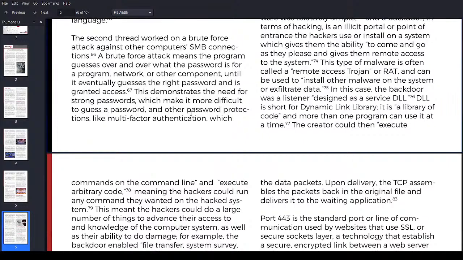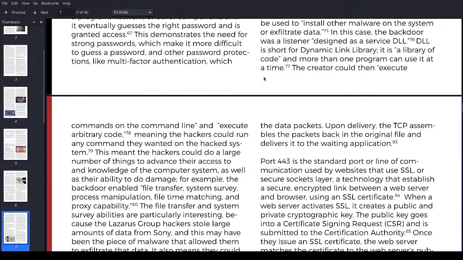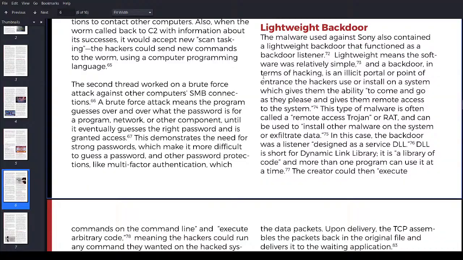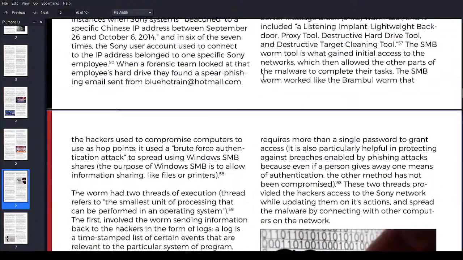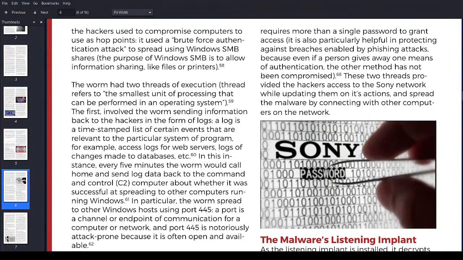The second thread worked on a brute force attack against other computers' SMB connections. A brute force attack means the program guesses over and over what the password is. This demonstrates the need for strong passwords, which are more difficult to guess, and multi-factor authentication, which requires more than a single password to grant access.